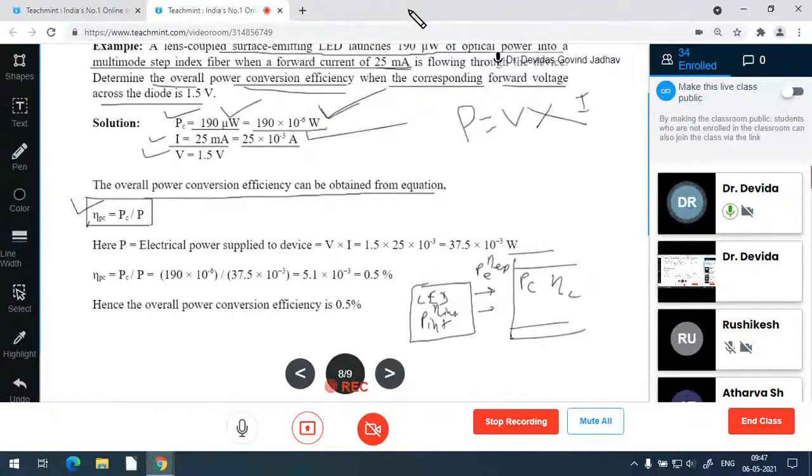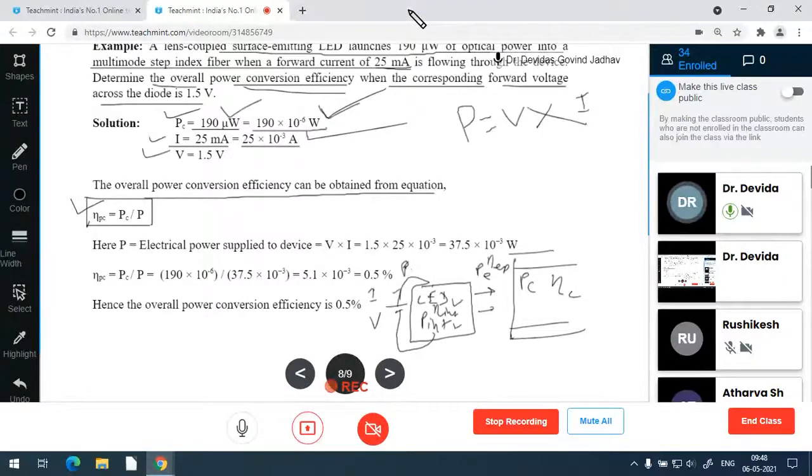To this LED, the power supply is connected with voltage V and current I flowing. So the actual electrical power provided is P. When we provide electrical power P to the crystal with internal quantum efficiency eta internal, it generates optical power P internal, which is less than P. So eta internal is a fraction.